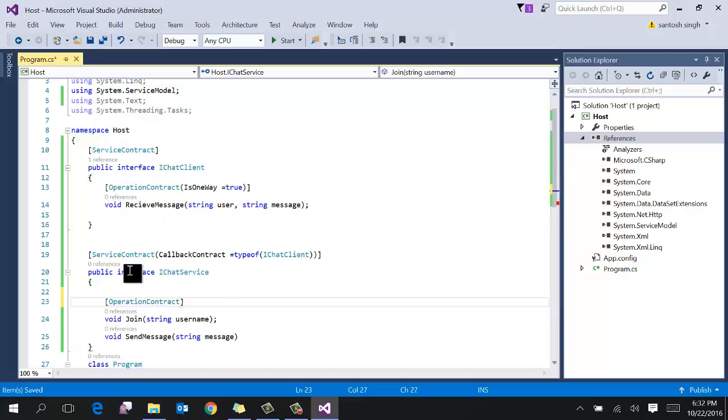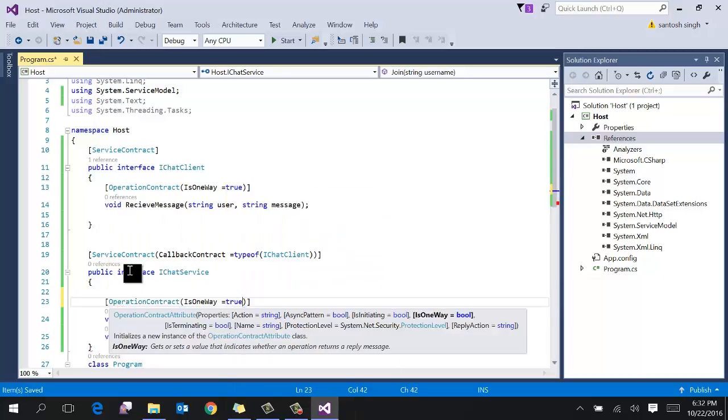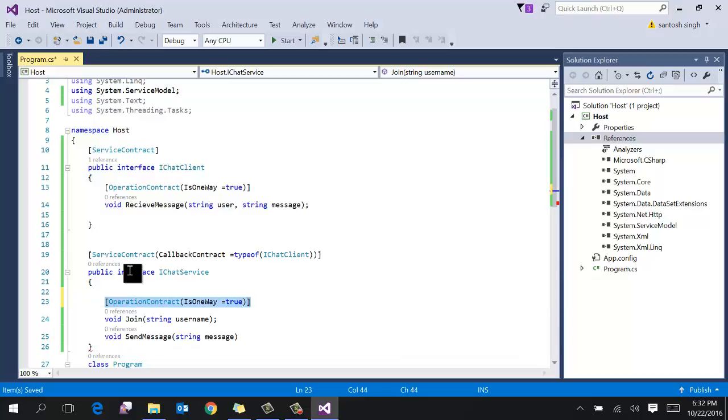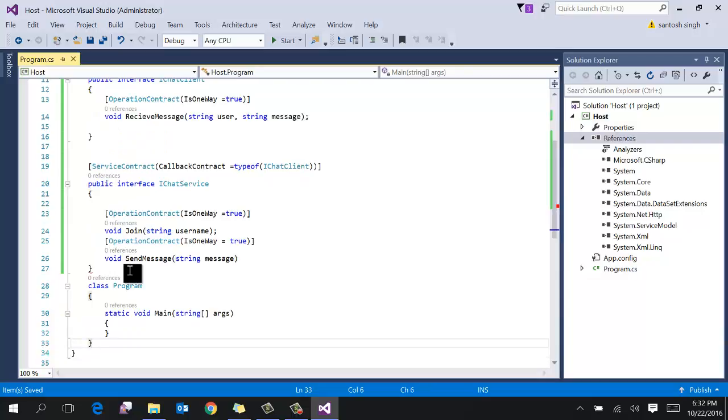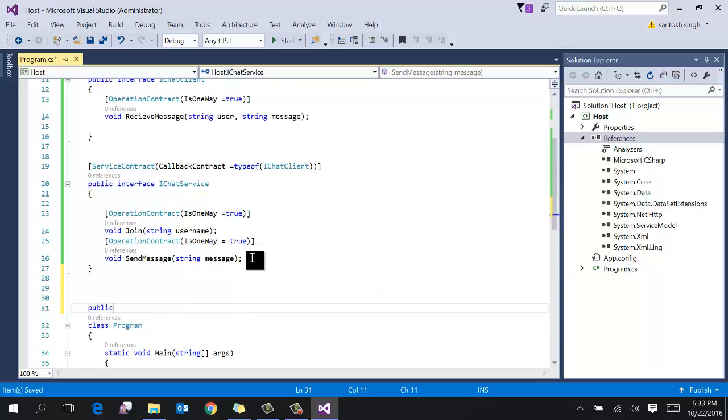Add attribute OperationContract and IsOneWay true, same with this method. Okay, so in our interface there is some error in the type of callback contract. The semicolon is missing.